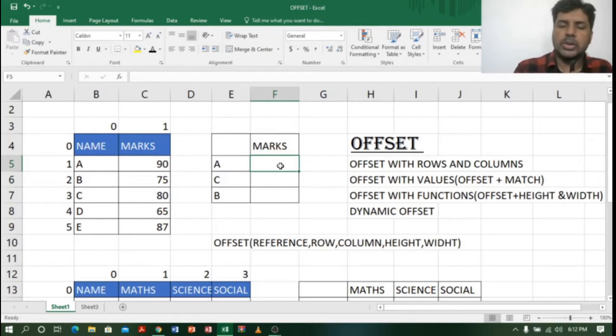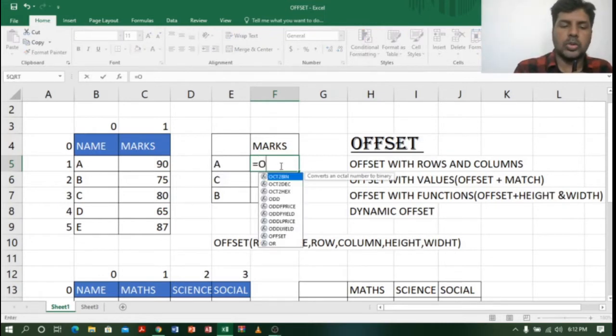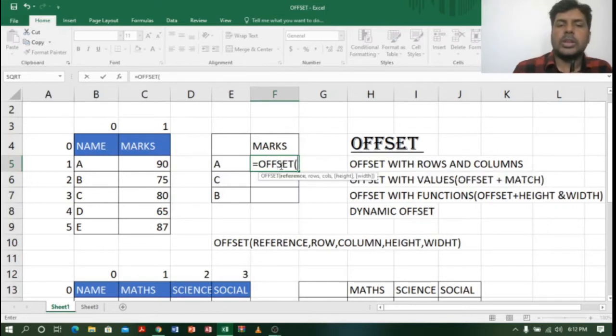I will type =OFFSET. See, what is the first argument it is asking for? Reference. OFFSET contains first the reference, second row, third column, fourth height, and fifth width. First we'll see reference, rows, and columns. Later we will go through height and width.